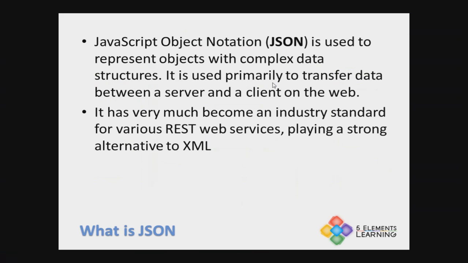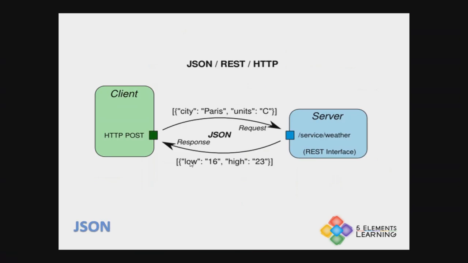JSON, we discussed JSON when we were discussing external data artifacts where we spoke about databases, Excel, XML and JSON. So JavaScript Object Notation is used to represent objects with complex data structures, and it is primarily used to transfer data between a server and a client. And it has pretty much become an industry standard to ensure that for REST web services, we send data using the JSON protocol, which is a very strong alternative to XML. So an example of a JSON object being sent,